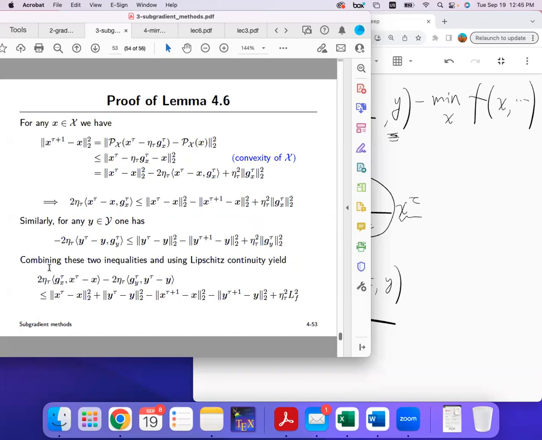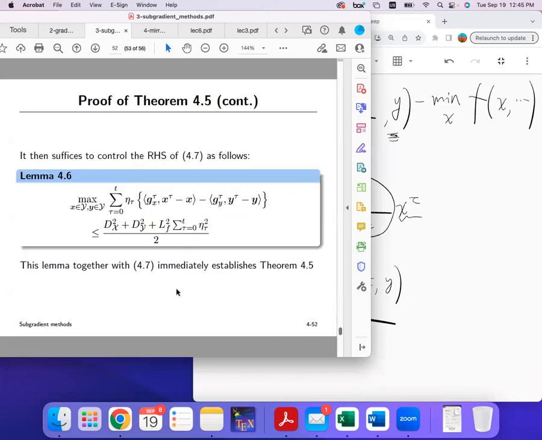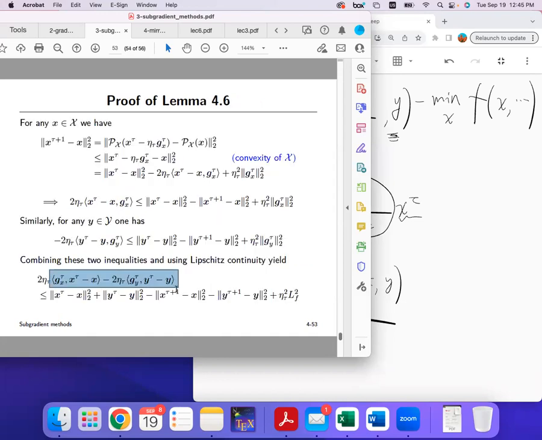This structure, right? This is exactly what we have in that lemma. Let's go back. Right, g_x(x_tau)(x_tau - x). We have exactly these terms here, right? This structure